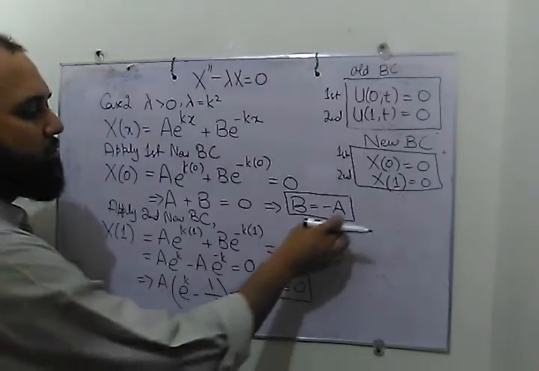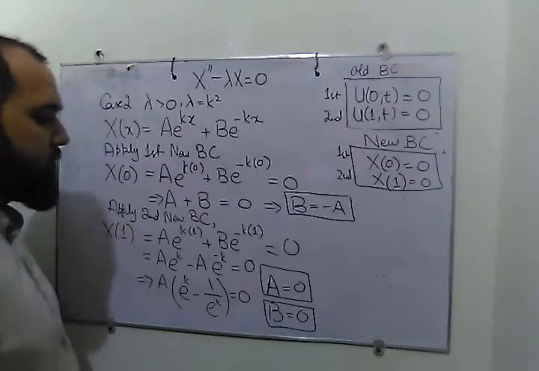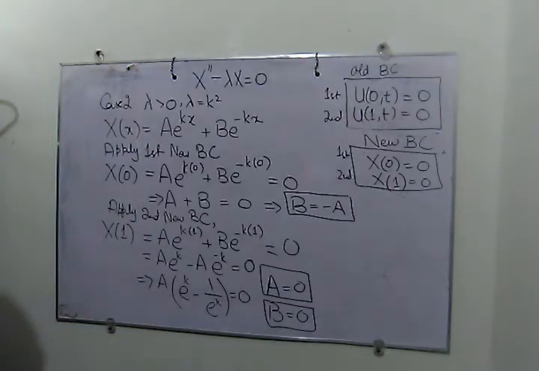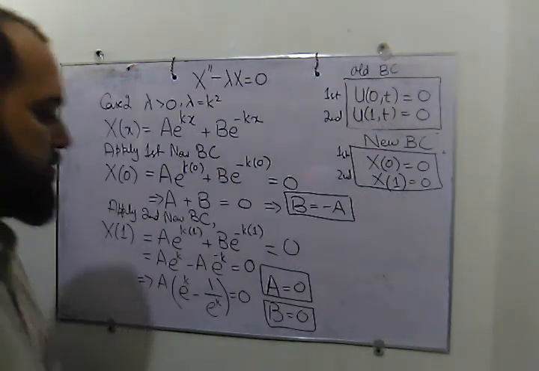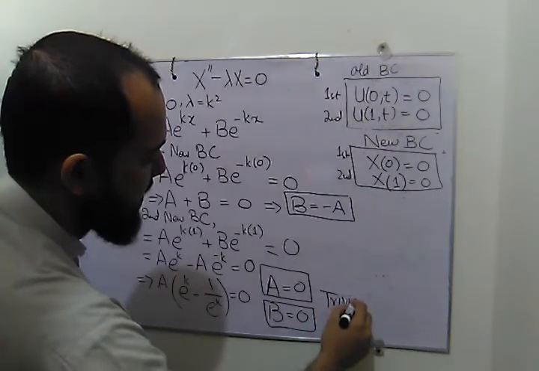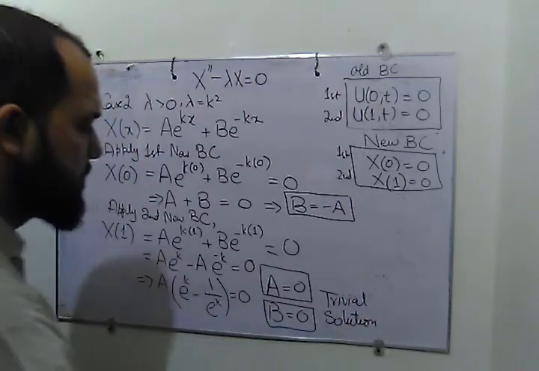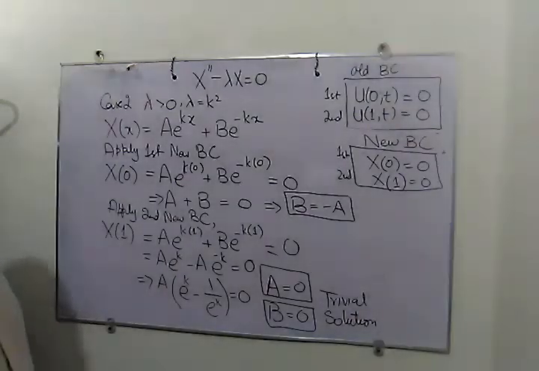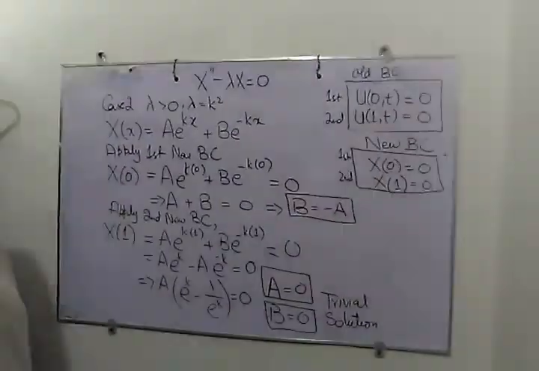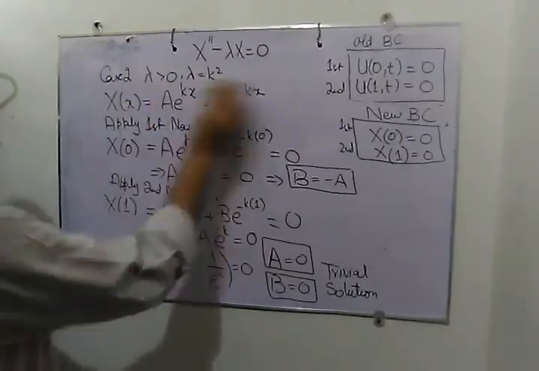Now if a is equal to 0 and b is equal to minus a, which means that b is equal to 0. What do we have now here? Again, a and b are both 0 in this general solution, which gives us the trivial solution, and we have no choice but to reject this solution. So what we have now is to check case number 3.